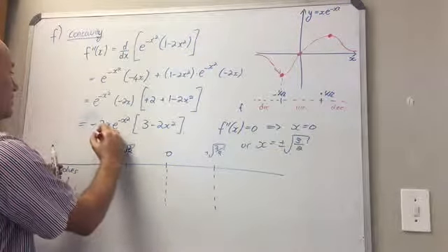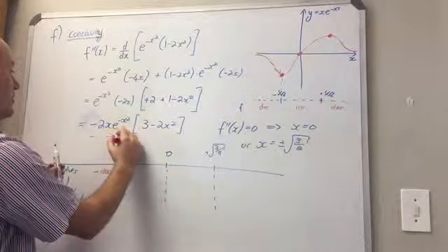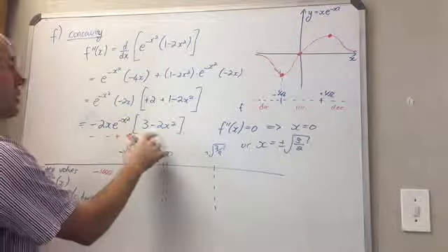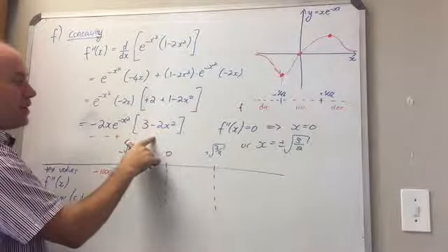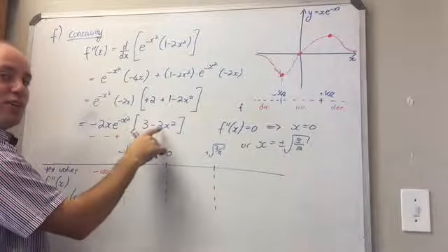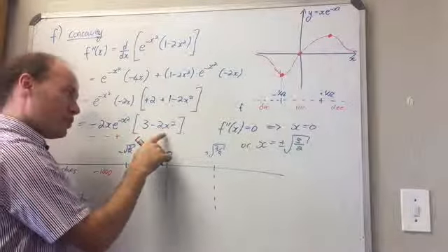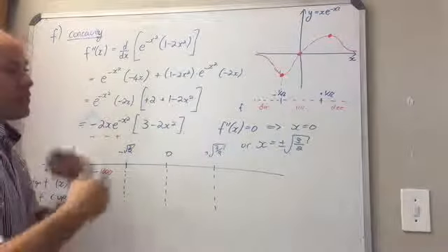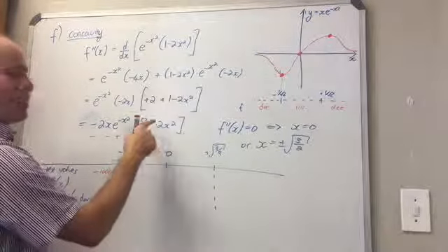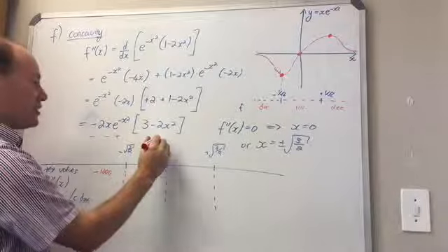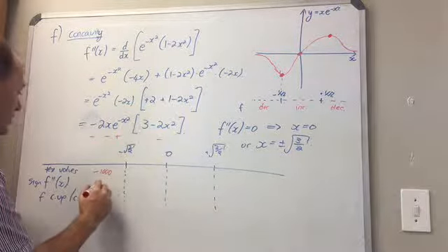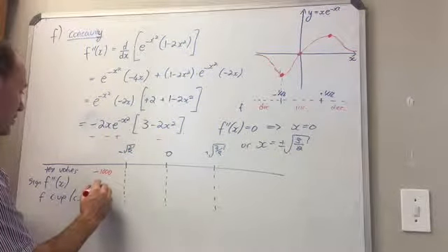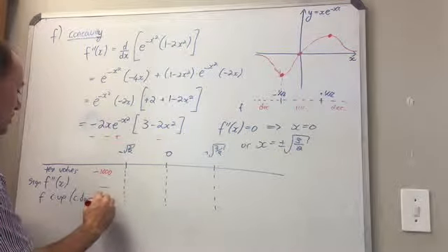This is a negative times a negative times a positive. And then I sub in -1000 in here. I get 3 minus 2 million, because -1000 squared is 1,000,000. So that is a negative number. So minus times a minus times a plus times a minus is a negative. So this sign is negative, so it's concave down